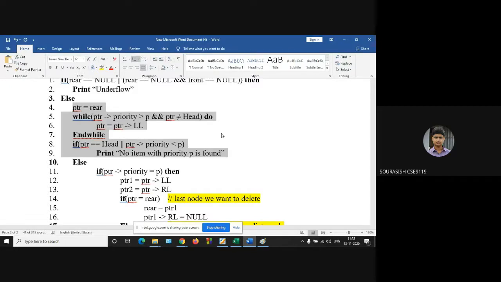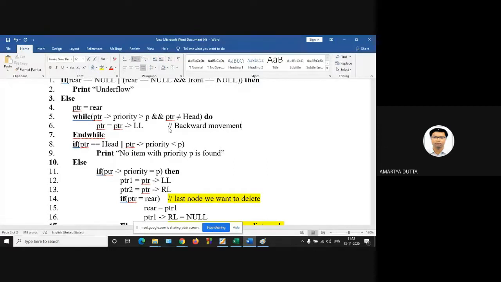Now we run a while loop where we check whether PTR priority is greater than P and PTR is not equal to the head, that is the first node, and we are going one step backwards. This is the statement for backward movement.